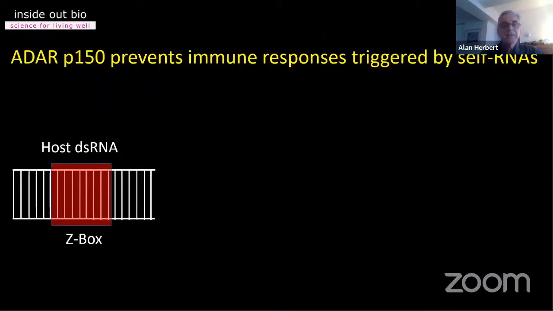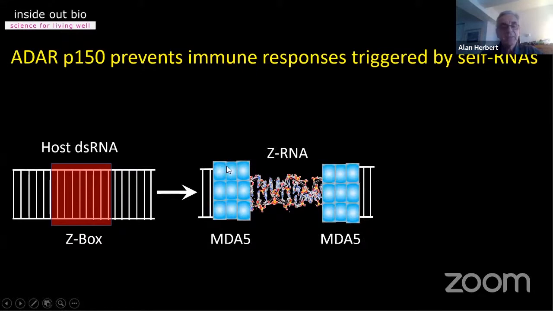But how does ADAR prevent the immune response from happening? So it turns out that there are host sequences in double-stranded RNA that have a propensity to form zRNA. And these sequences are present in host RNAs, but not in viral RNAs, for example. And so when you initiate the response to double-stranded RNAs, which is a natural response because most viruses make double-stranded RNAs, and so that's a warning sign that something's wrong in the cell. So if you get double-stranded RNA being produced, you want to know whether it's a host double-stranded RNA or a viral double-stranded RNA. And so as the response is activated, you have these helicases which then combine the double-stranded RNA,